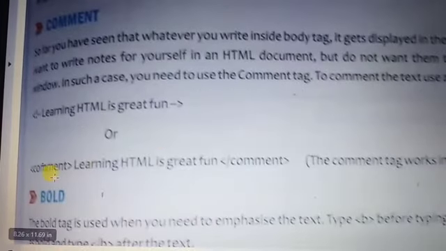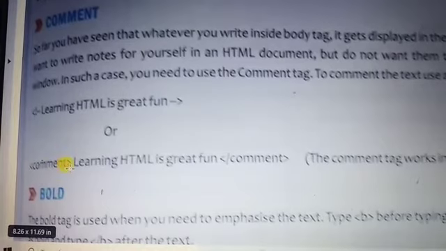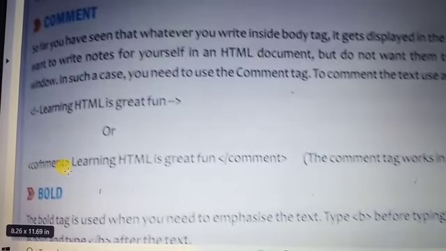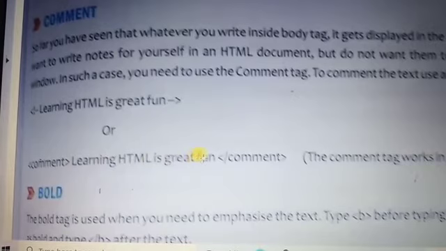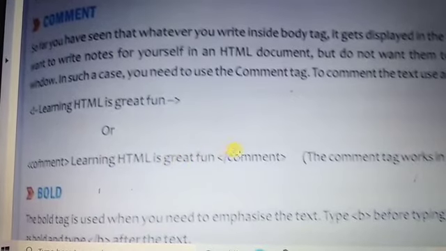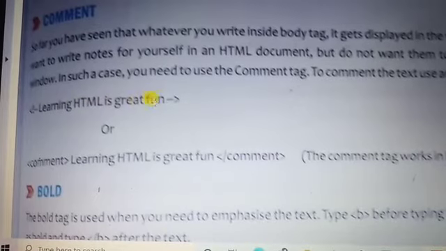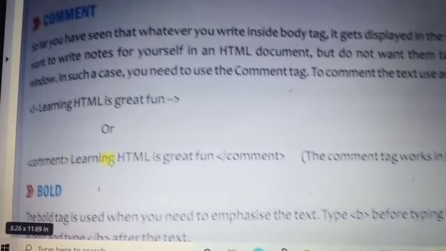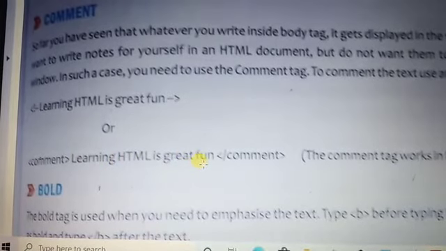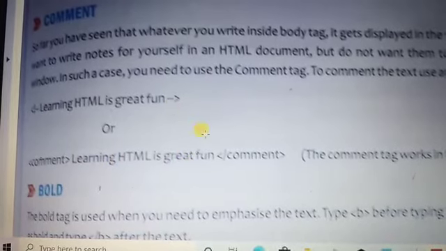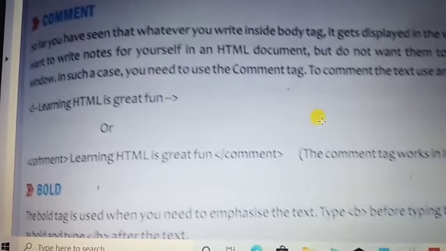Or you can just use the COMMENT tag, with "learning HTML is the great fun" as the text, and then the comment will be closed. So either you can use the exclamation mark, or you can literally use the comment term to define the comment tag in HTML.